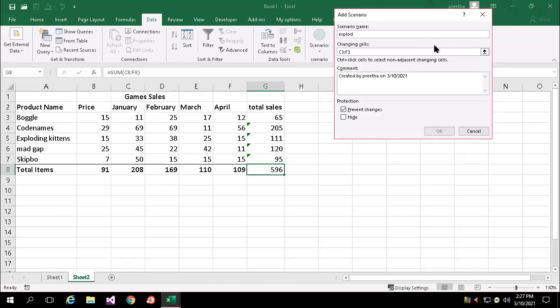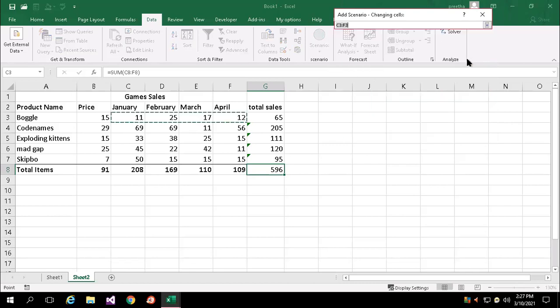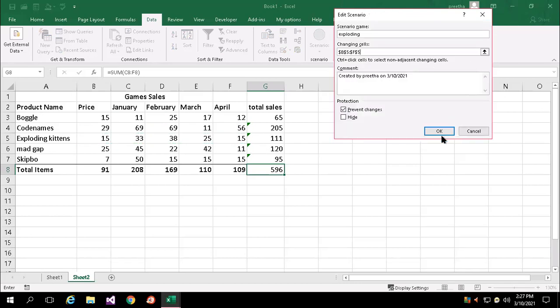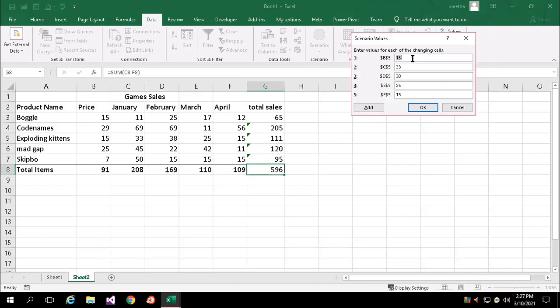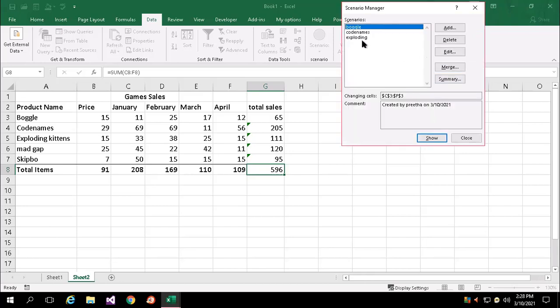So I just write half of the name, Exploding, and the changing cells. So now I can choose the third row. So again, I can input different values. I'm giving, it can be less or more. It is your choice. It need not be the same, however we are expecting, we are going to invest, we are going to input, or what is your expected range, those values you are going to substitute, because it's for planning purposes. Finally, whichever plan gets approved, you will execute it. That is the meaning. Now Exploding also I've done.